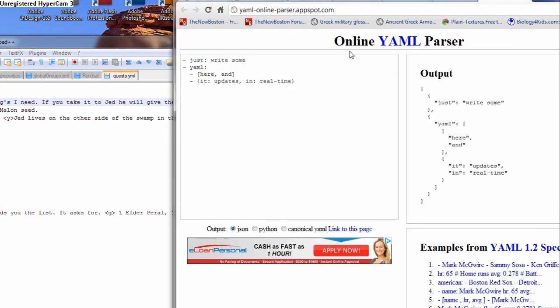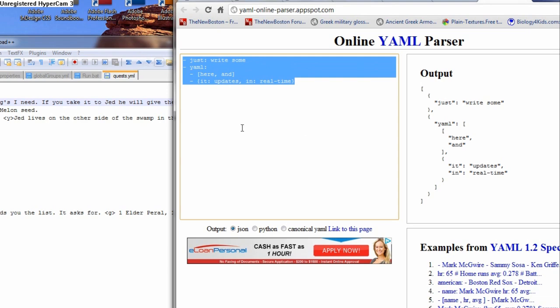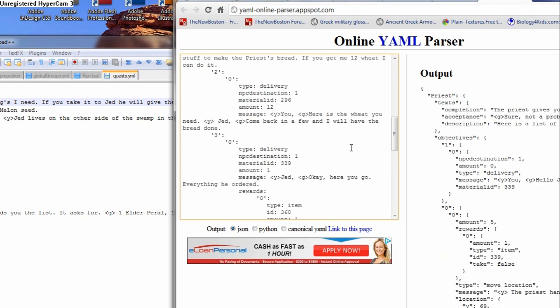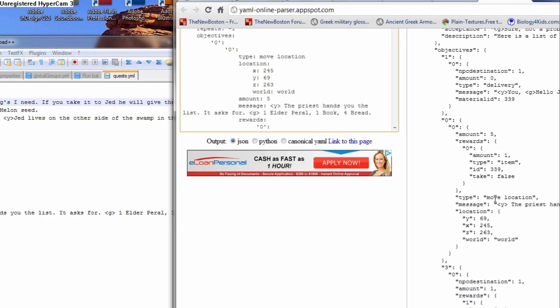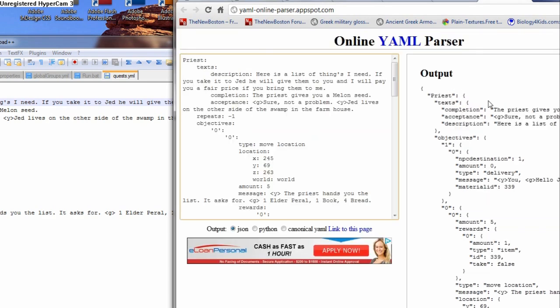Here is a YML parser. And this thing will check for syntax. So if you have syntax errors or something, as you can see, this doesn't have any syntax errors right now, and it will parse it out and say, okay, this is the way the computer is going to read this, which is pretty useful if you're trying to figure out how it's looking at things.